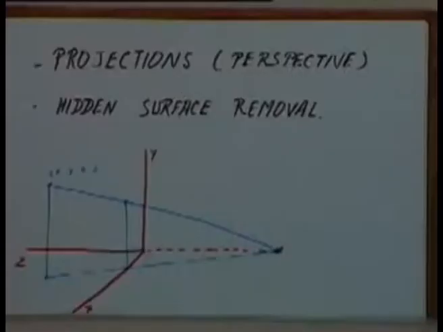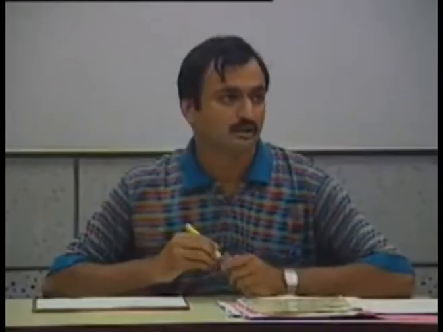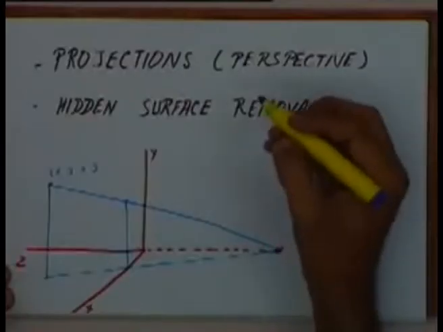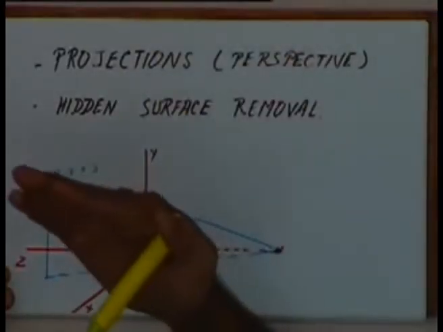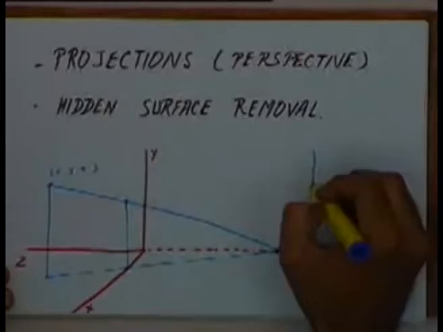Today we will be talking of the perspective projection, and then if time permits we will go on to hidden surface removal. In a perspective projection, the basic idea is that when we are looking at any object, we want to draw the object the way our eye sees it. That means if we have a cube and we want to draw an orthographic view, that is the front view, let us say,